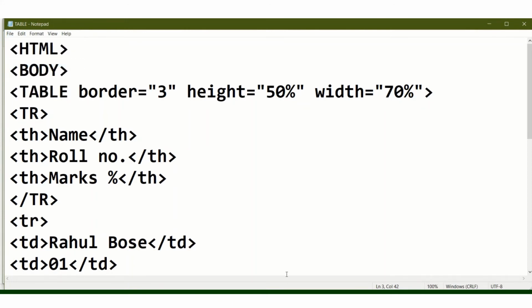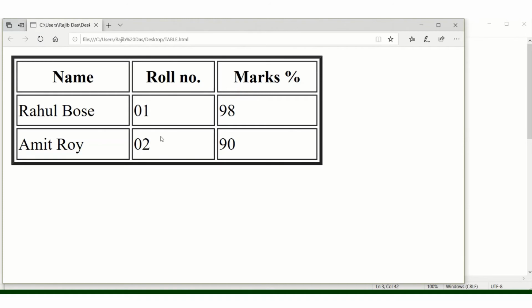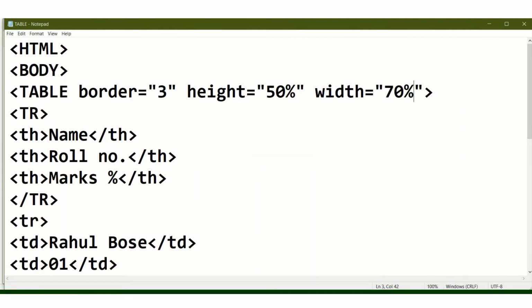Save, then go to the output, refresh. See, our table height and width have changed. Height 50% and width 70%, so the width is larger than the height. You can change the height and width.